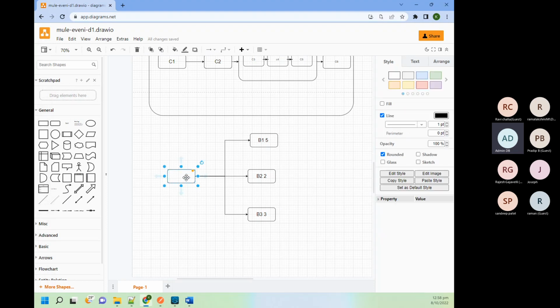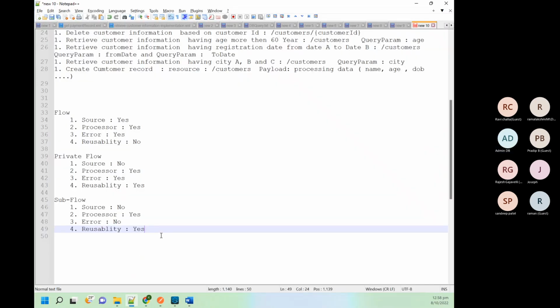Whatever Mule event comes in, that Mule event will be passed to all three branches in scatter gather. Once it completes the processing, it will return a payload array. So there will be one payload which contains an array, and within that array all three payloads will be there. If you want to retrieve the payload from here, what will be the overall response of this branch? The syntax will be